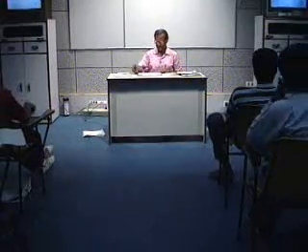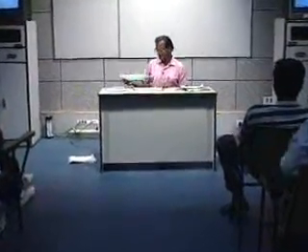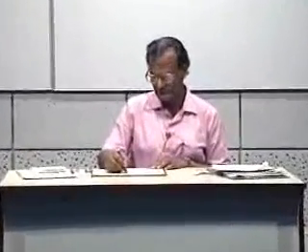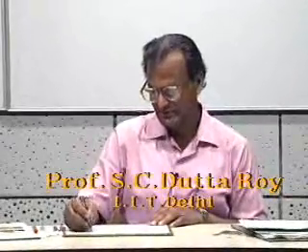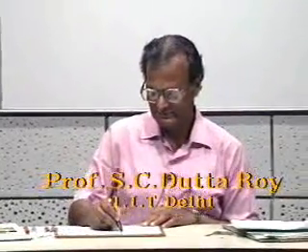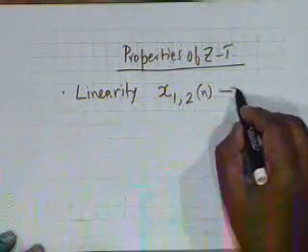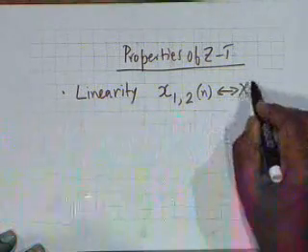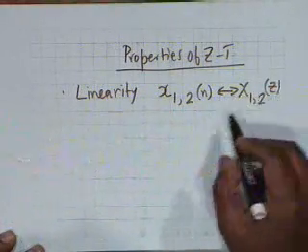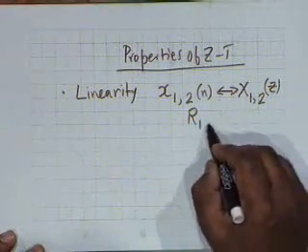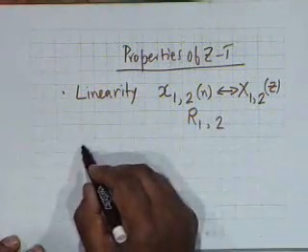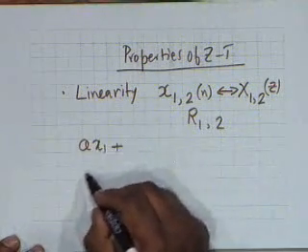This is the 30th lecture, and we discuss some further properties of Z transforms in this lecture. We first recall that the Z transform is a linear operation, linearity. That is, if x1 and x2 of n have the Z transforms capital X1 and X2 of Z with ROCs as R1 and R2, then multiplying x1 by an arbitrary constant A